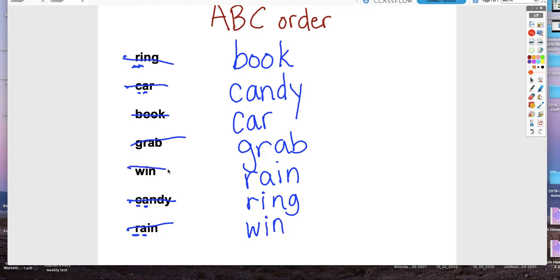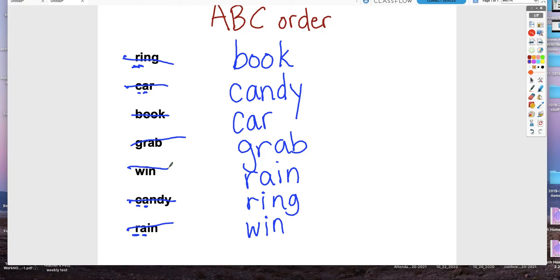W-I-N. Okay? So, take your time when you do ABC order. Make sure you don't just look at the first letter, but sometimes you look at the second letters or the third letters. If you make a mistake, should you go back and fix it? Absolutely. Yes, absolutely. Okay. There will be an activity where we're practicing a little bit more ABC order in Seesaw,